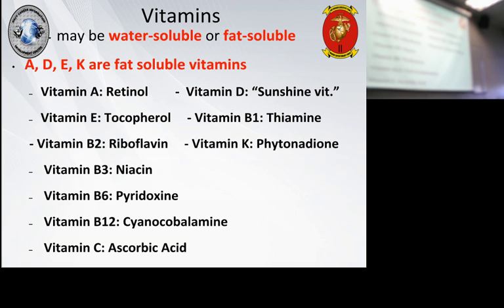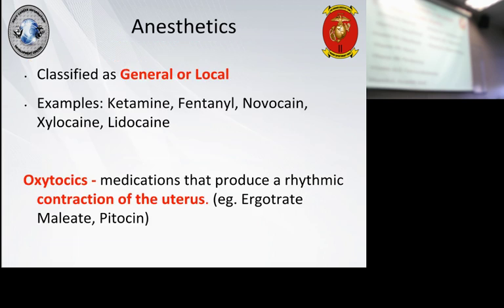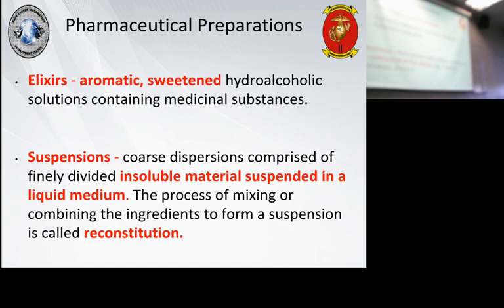The main ones I see on here is your B vitamins. So if you see B2, know that's riboflavin, B6, pyridoxine, example like that. I've seen that on the exam multiple times. It's usually one of the B vitamins that they're asking for the other name for. Next. It's not important. Next. Elixirs,